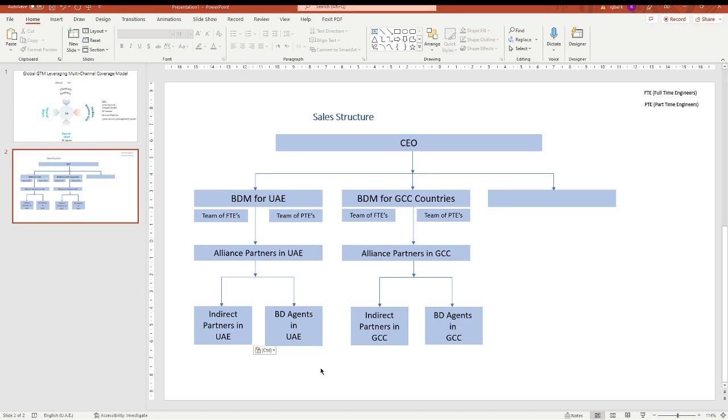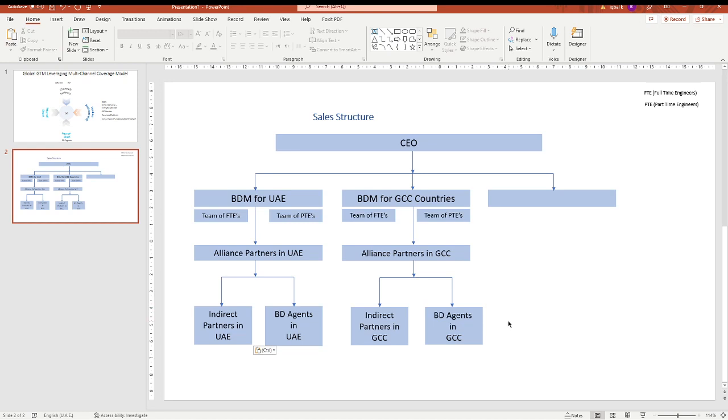BD agents are typically people you don't have to push too much, because for a BD agent you have to pay them after a sale is closed. So probably they are the people who are automatically motivated. Same thing goes with the regional ecosystem. You could follow up or review quarterly or half yearly with your direct team.